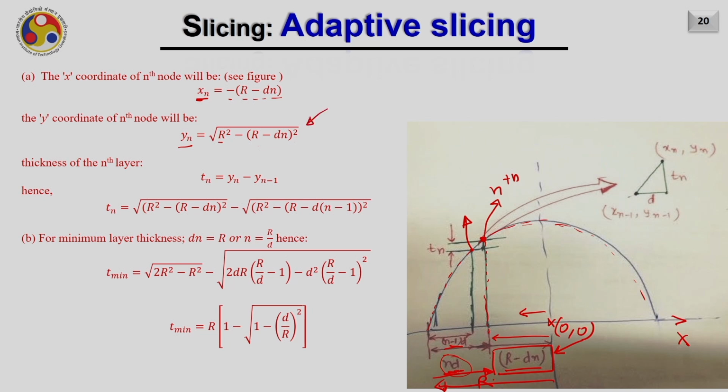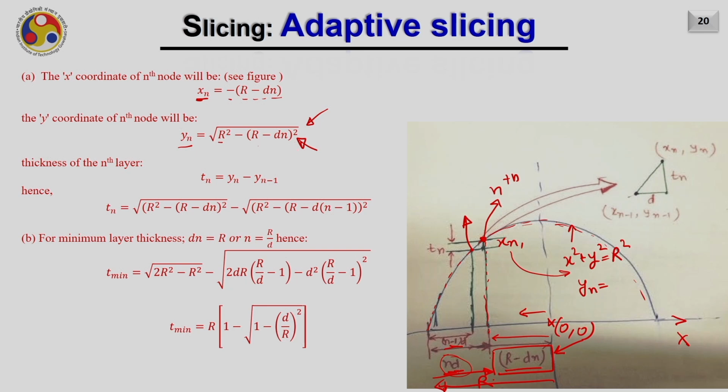How have we obtained it? We have obtained it by the equation of the circle, because we know that this is a circle which has the equation x square plus y square equals R square, because its center is at (0, 0). And we already know xn, we just replaced xn here, and we can obtain as a result yn, and that is why we did.